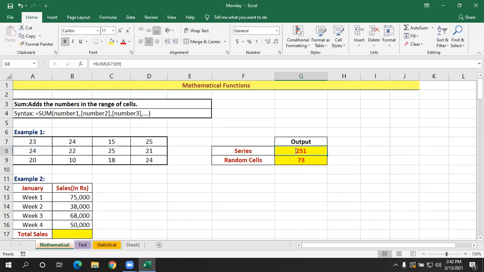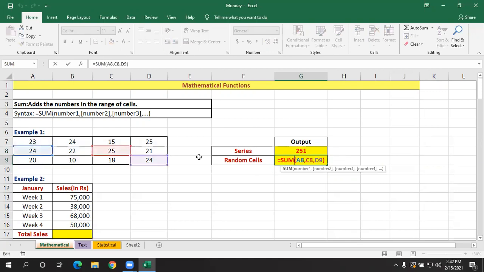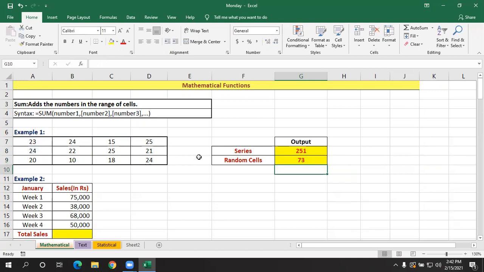I selected the entire data range earlier, but here I used random cells. One more thing: if you have data horizontally and want the total, you need not use equals, sum, open parenthesis and select the range at all.